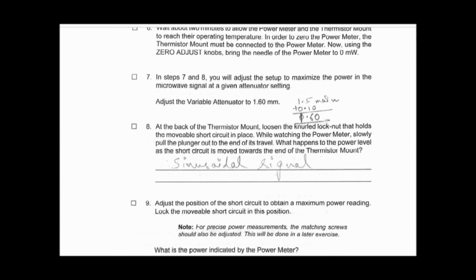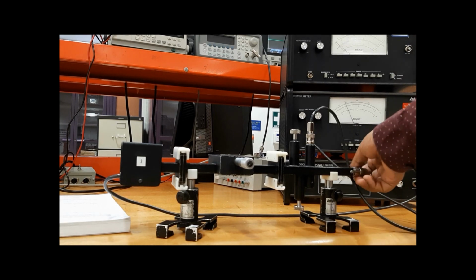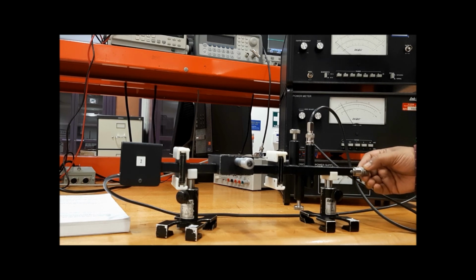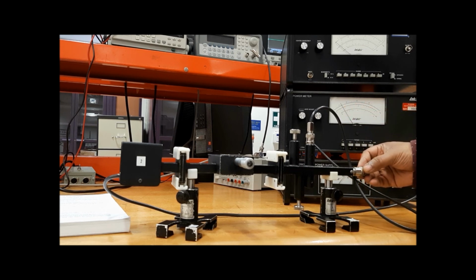So now I am going to play with the movable short circuit. You see I am playing with the movable short circuit and see what is going on. If you play with the movable short circuit, you will see the needle on the power meter moving. You see it going up and down. If I put it all the way in again, it will rise and fall.